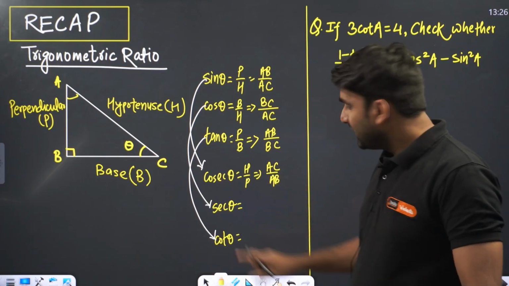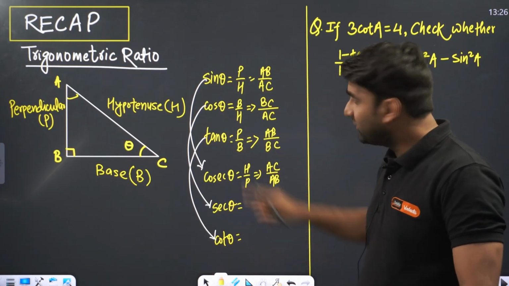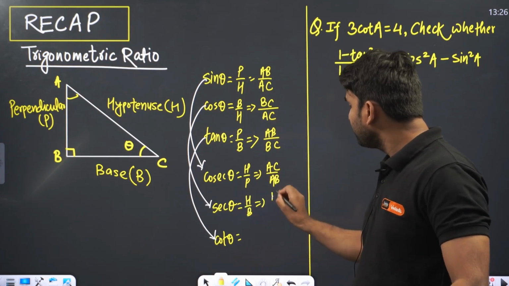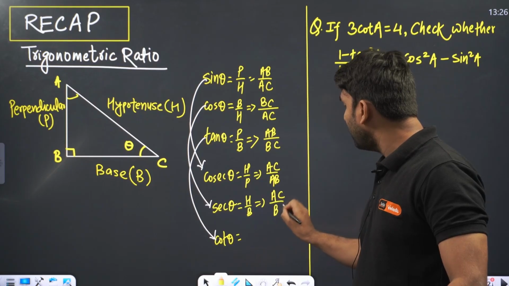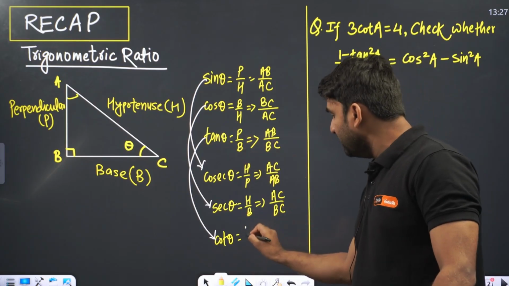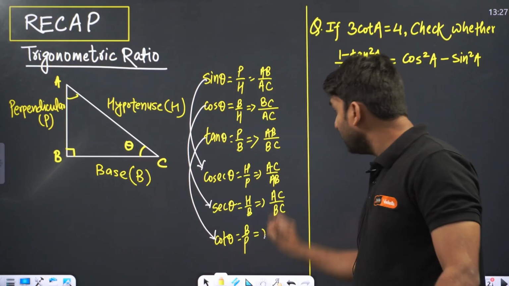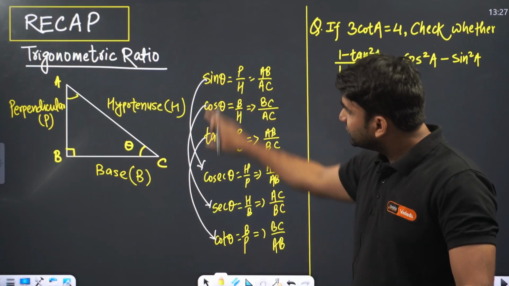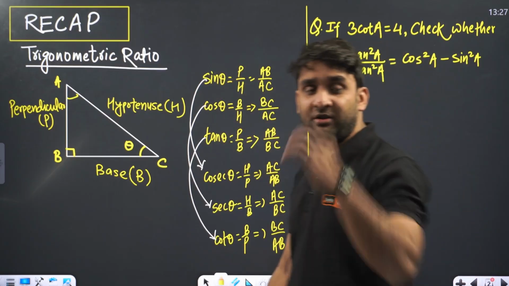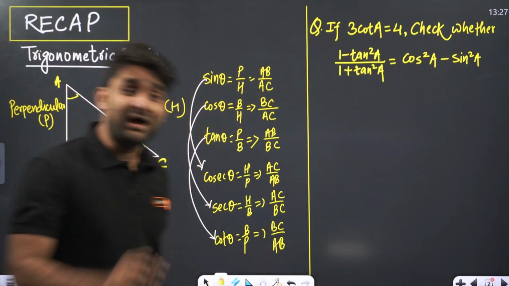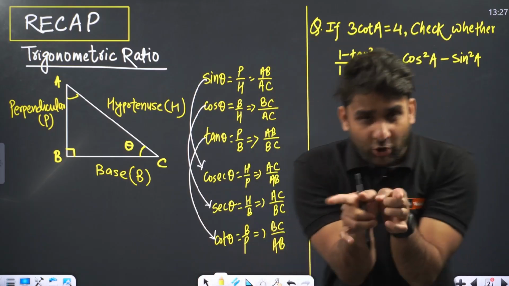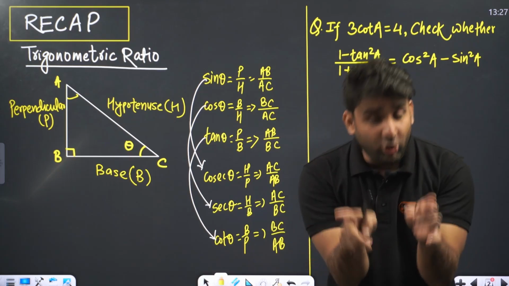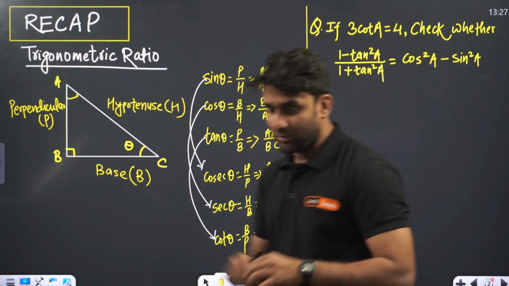Clear everyone? Sec theta is the reciprocal of cos theta. Cos is B by H, so it has to be H by B, and H by B, it means the ratio will also go in reciprocal form. Tan theta is perpendicular by B, so this will be B by perpendicular, so it will also interchange, BC divided by AB. Clear everyone? So sine, cos, tan, the first three trigonometric functions are the reciprocal of last three trigonometric functions. Sine and cosec are reciprocal to each other, cos and sec are reciprocal of each other, and tan and cot are reciprocal of each other. I hope you are getting my points, and that's why,